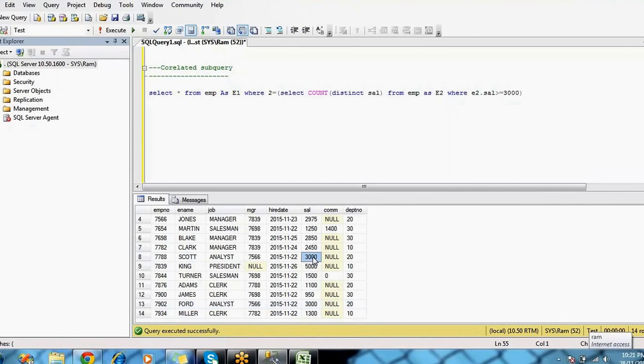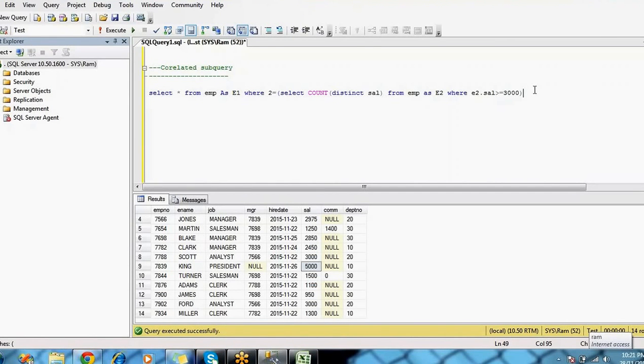The count is 2, so it satisfies the condition and returns those particular people. So this is about the correlated subquery.